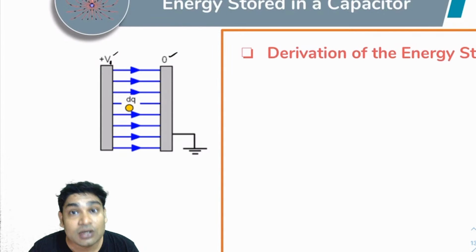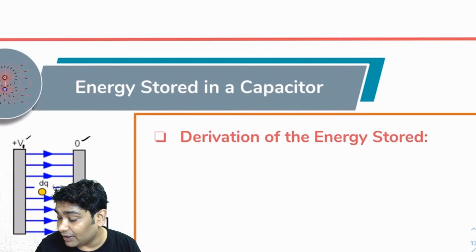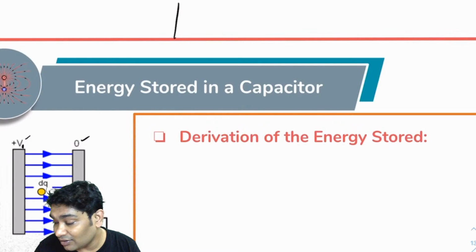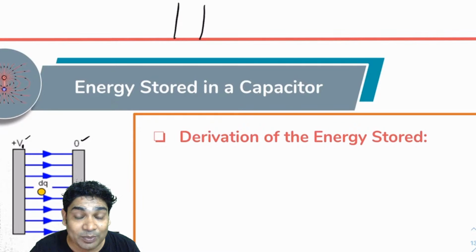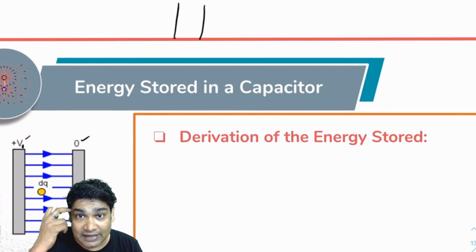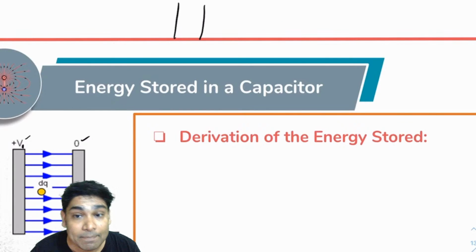All right. So initially, both the plates would be at the same potential, because they have no charge, and after some time, let's say after some time t, then